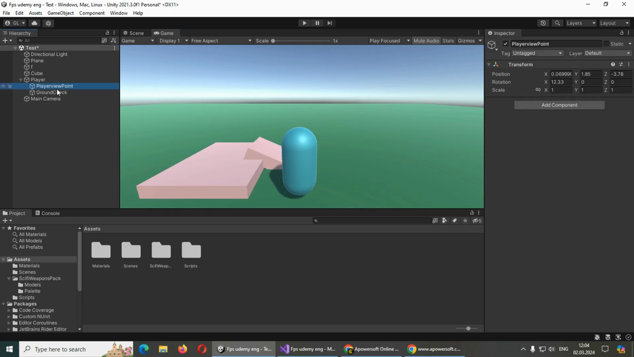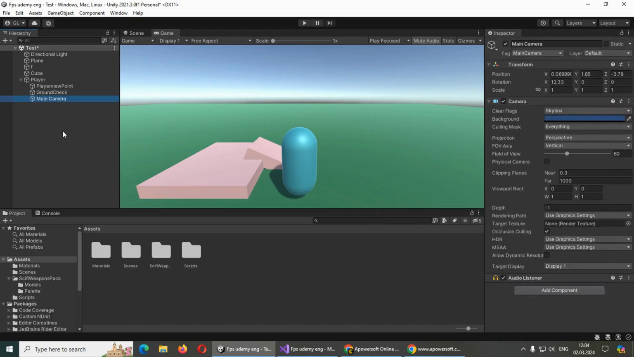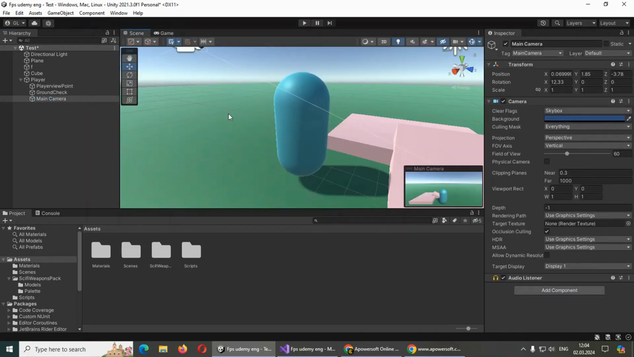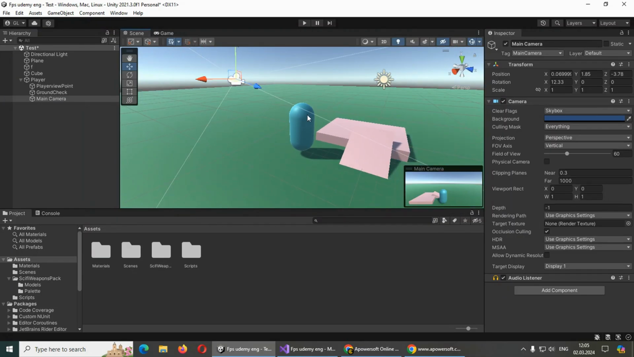We only need to change the position of the player's viewpoint basically, and for that I will just drag and drop my main camera into the player game object. So let's drag and drop, and now main camera is child of this player. Now we can go in the scene mode, and the only thing that you should consider is to position the camera